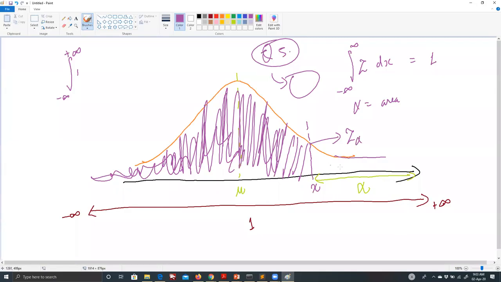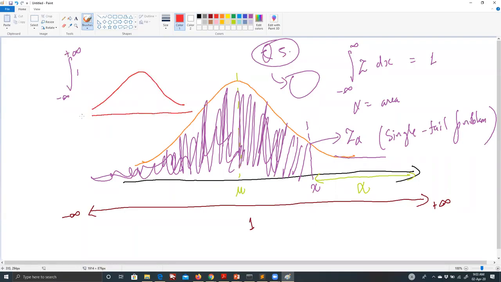Problems where there is only one tail, where only the lower tail or the upper tail is covered, are called single tail problems. If you have plus minus ranges, you cannot go beyond some number and you also cannot go lesser than some number. So let's say you have this and this. You have both areas. This area is also not possible to go, and this area. Both areas will be considered because it is symmetrical, alpha by 2, alpha by 2. So again, the overall area in the middle will be 1 minus alpha.